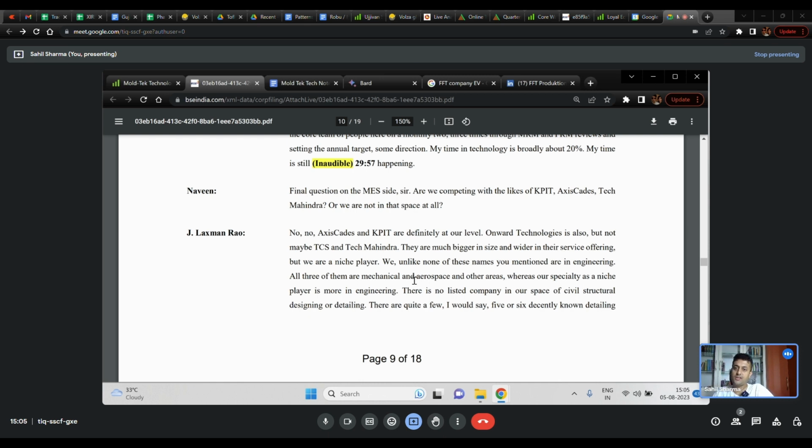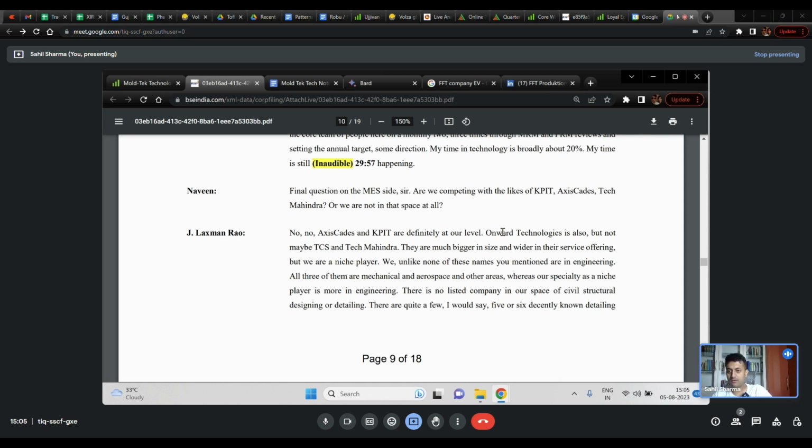So what interesting thing he's saying is that Access Gates and KPIT are definitely at our level. I think he might just be overstating it a bit, because I was talking to some folks and they're saying that KPIT is into things like autonomous vehicle, ADAS, which is driver assistance service, self-driving kind of things, which obviously